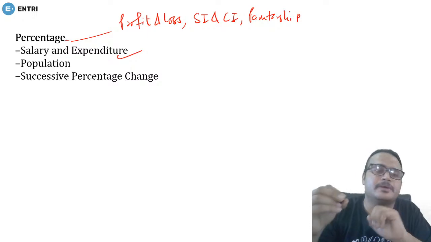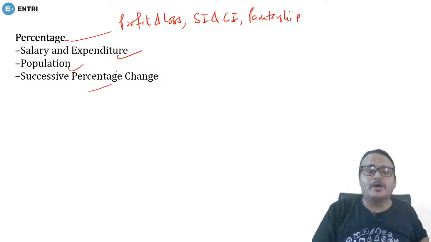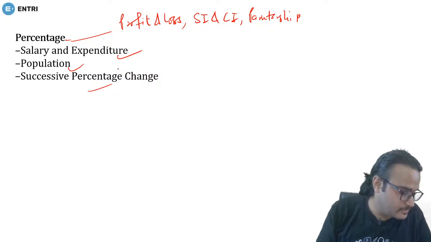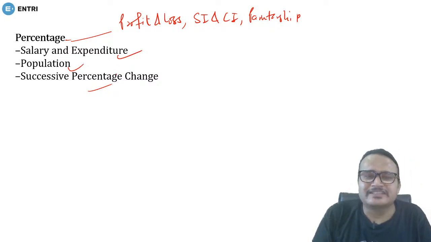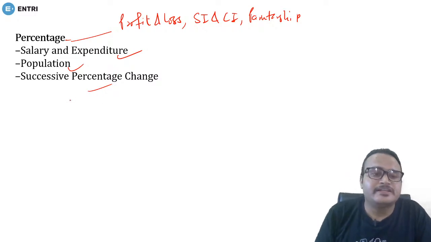So this question may be asked. A population related question and a successive percentage question. So what kind of successive percentage change questions are there? So guys, if we talk about the successive percentage question, it is nothing but